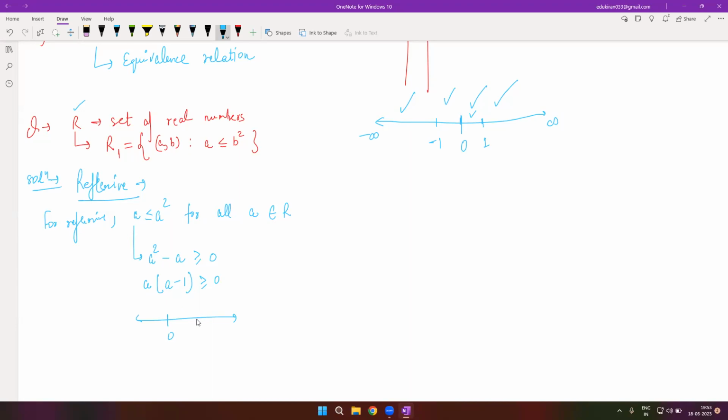So A minus 1 ka root hoga 1, or the root of A is 0, right? Root is wherever this expression is getting 0, right? We do know about roots. So we'll plot these roots 0, 1, and we will use the number line or sign rule method, which says that